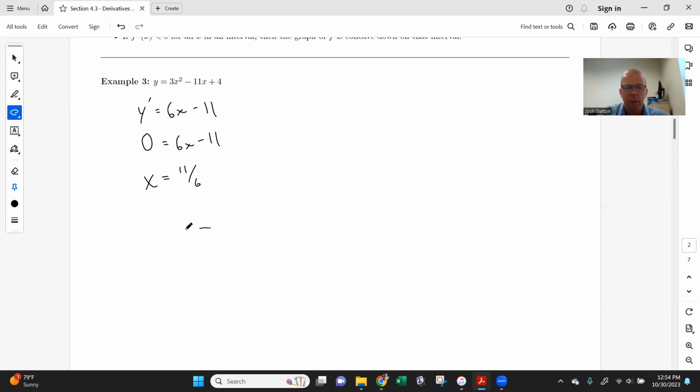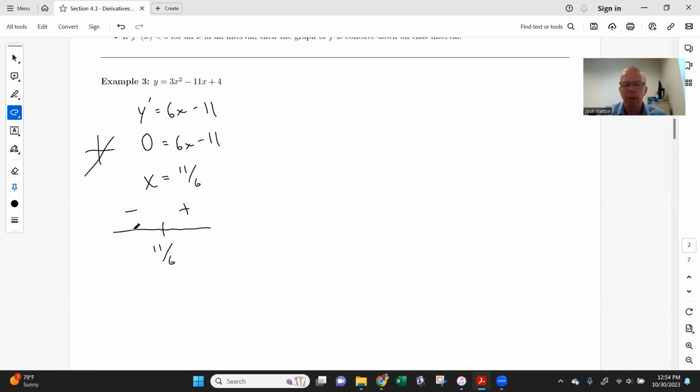All right, so we need to figure out where is the derivative positive, where is it negative. So that is our critical number, 11/6. And this is a positive slope linear function. So it's going to look like that. And so it's negative over here, positive over here. And of course you can do test points. And you do need to get proficient at doing that,